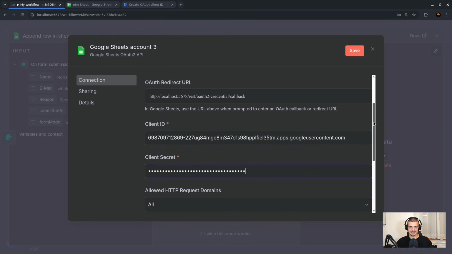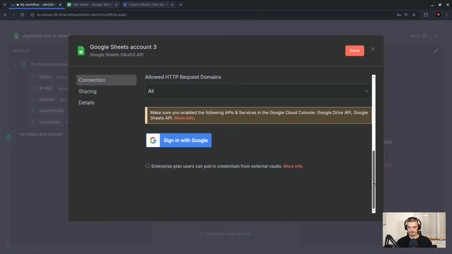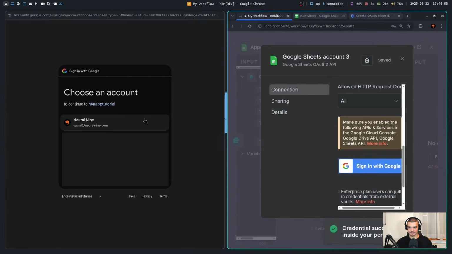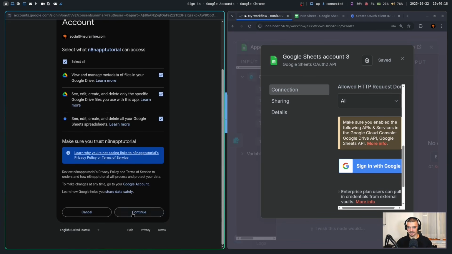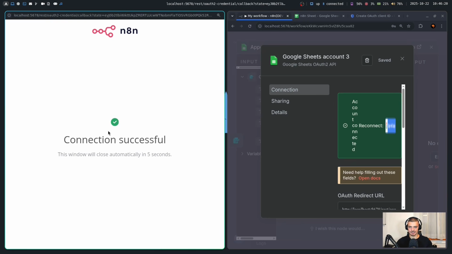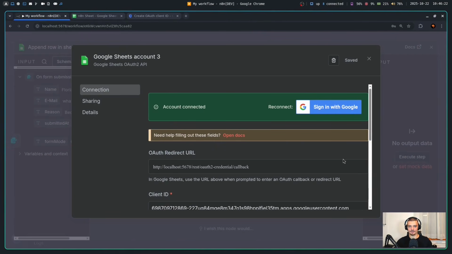That's basically it. The final action is to go down and click this sign in with Google button. This is going to open up a window. It's going to ask me to log in with my account. I'm going to pick the one that is added as a test user. So n8n, and then I can go here to continue. I can select all of these. I can say continue, and now the connection is successful, and I authenticated myself here with the Google Sheets node